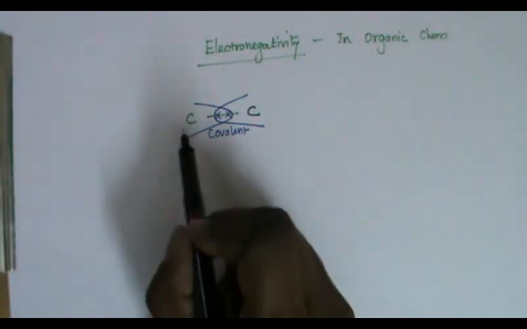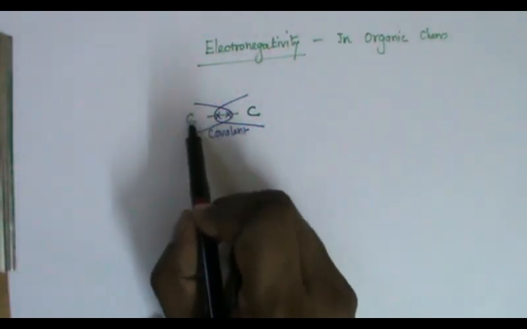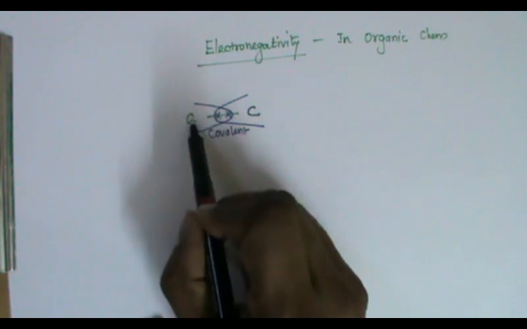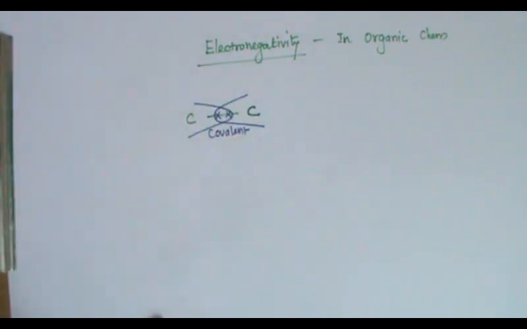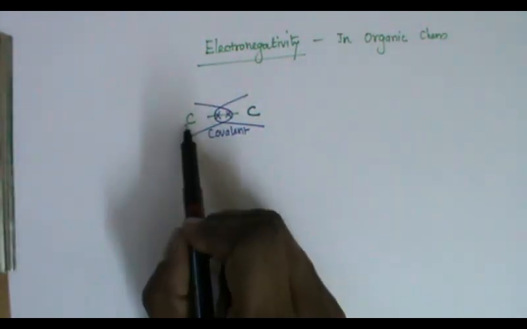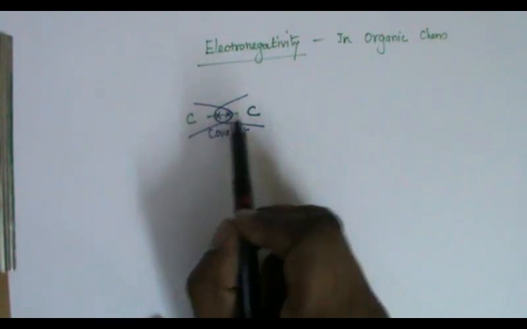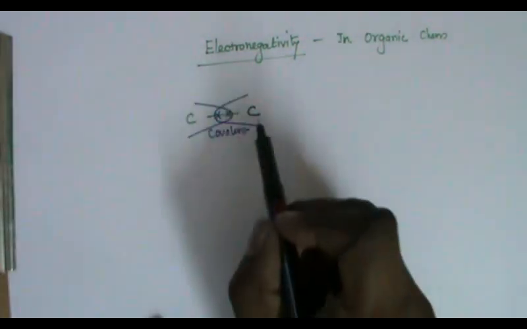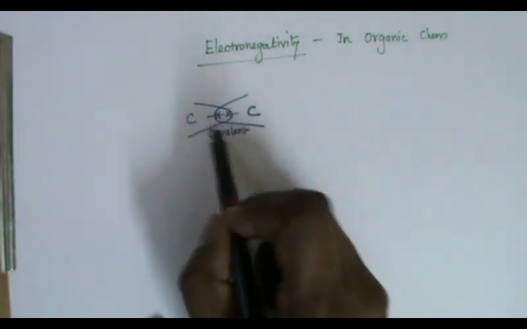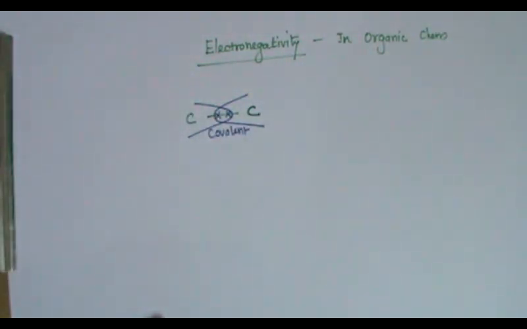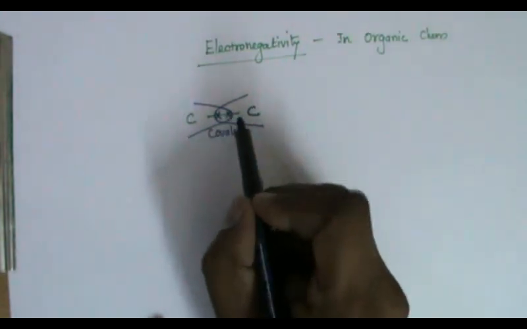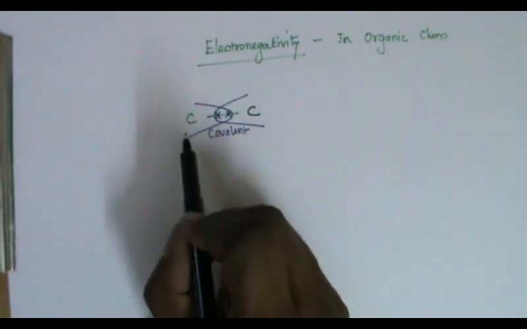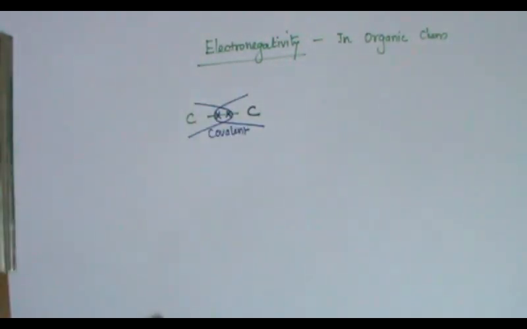So when you go for electron count, I consider these two electrons, not only one. Even though only one was given by carbon, I consider this also. The same way, when I go for this carbon, I consider this as 2. Now, these two electrons in the bond pair will be in the middle of these two carbons.